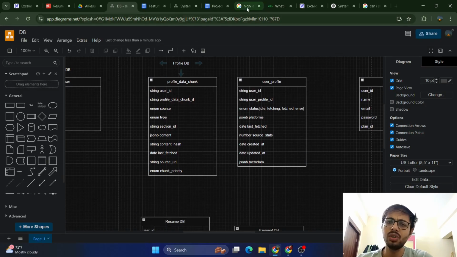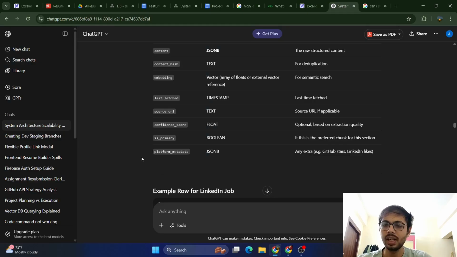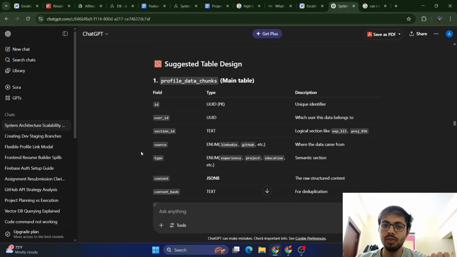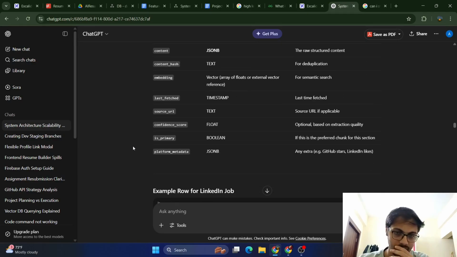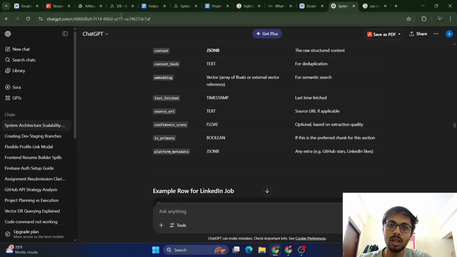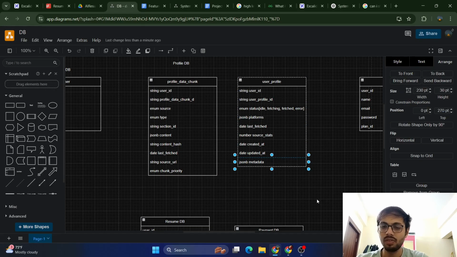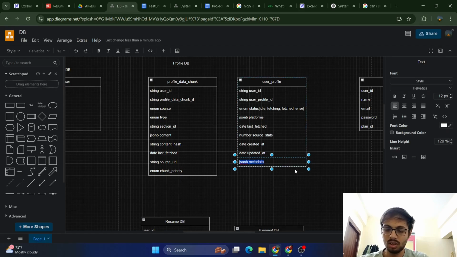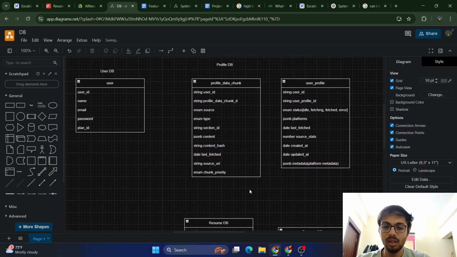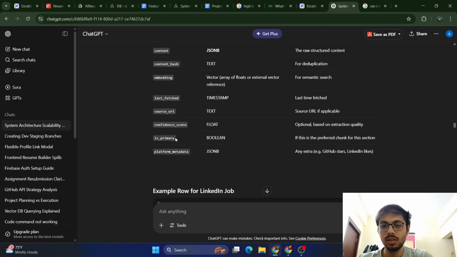But we don't need to store platform metadata in every profile data chunk. We can store platform metadata in the user profiles DB. So if we are storing a LinkedIn profile, then we can have the metadata here. Platform metadata, and then